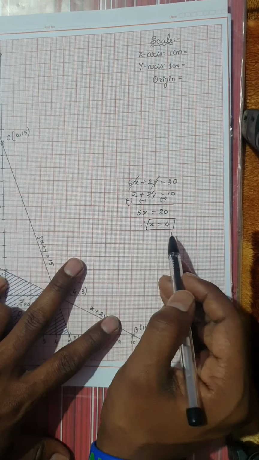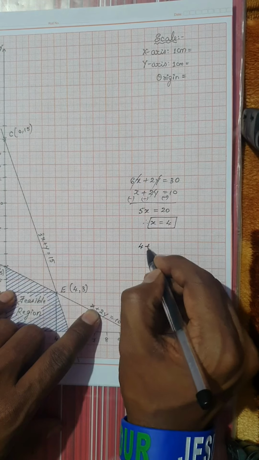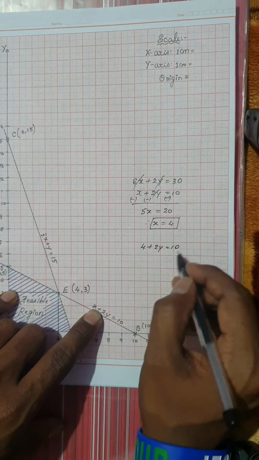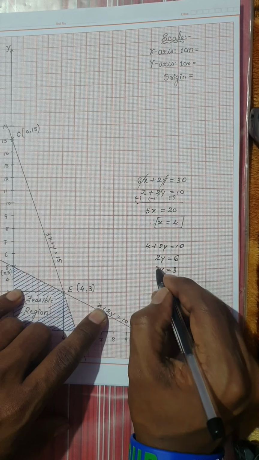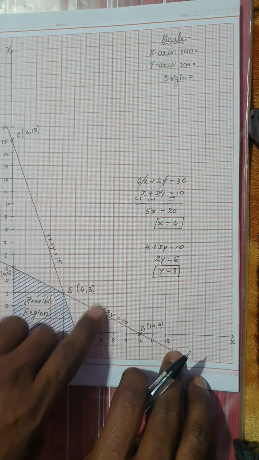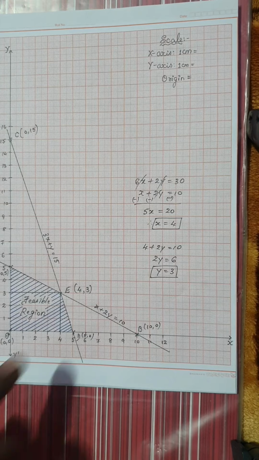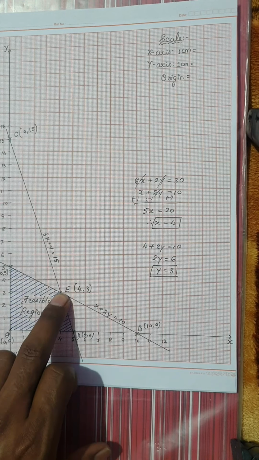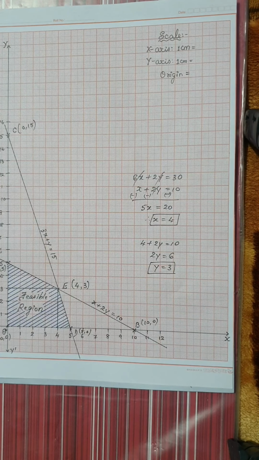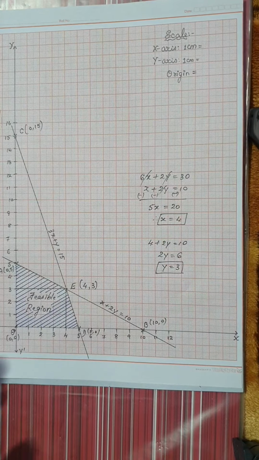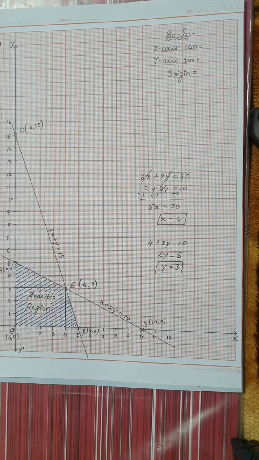Okay, once you get x is equal to 4, substitute in any one of the equation, put here, you will get 4 plus 2y is equal to 10. Move it aside, 2y is equal to 6, therefore y is equal to 6 by 2, that is nothing but 3. You can see there exactly the point E is 4 comma 3. Okay, if you are not happy with the point in the graphical method, you can also try solving the equations. Okay, so once this is done, your corner points are ready now. Now let's note down the corner points and go for the working with Z.